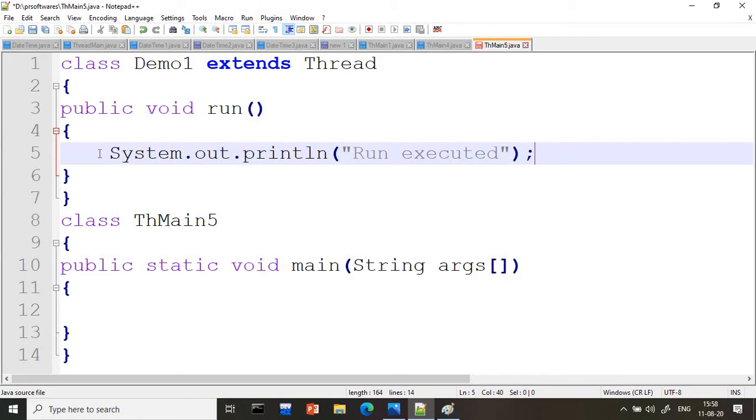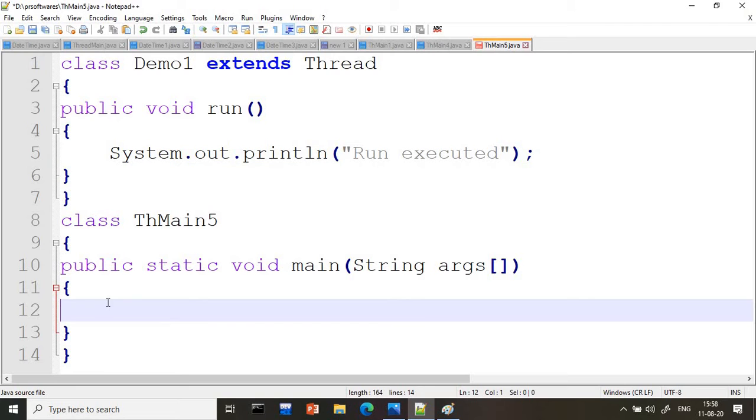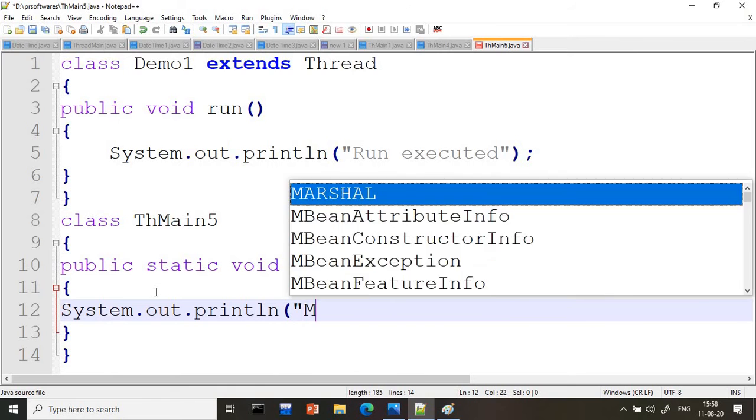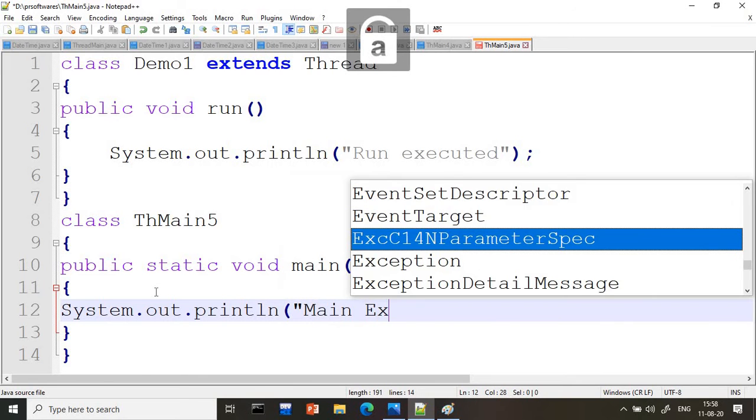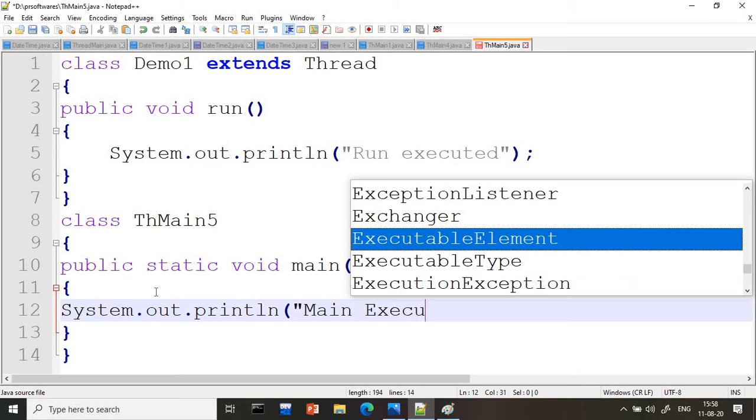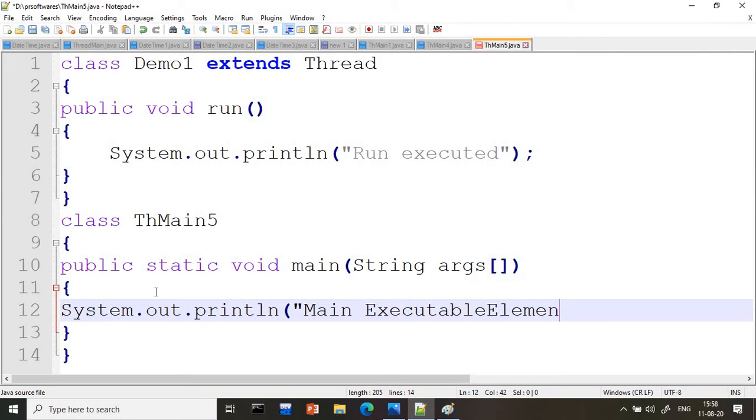The same I will write at the bottom also, System.out.println, main executed. You can write any simple message.